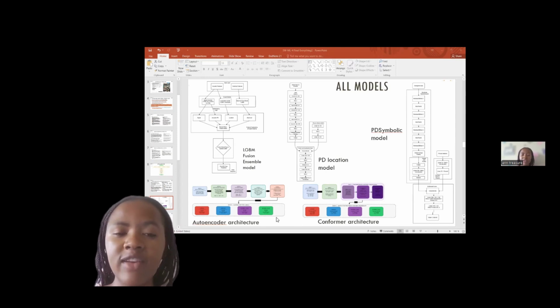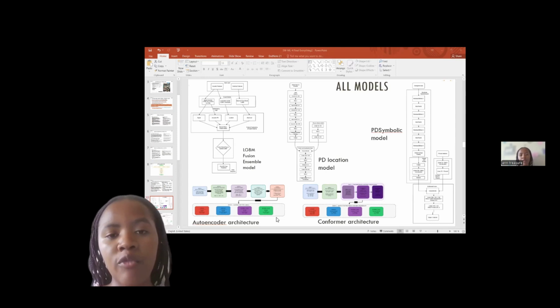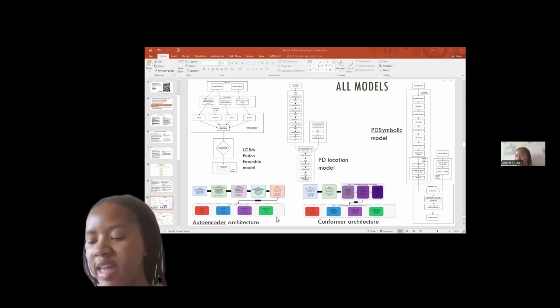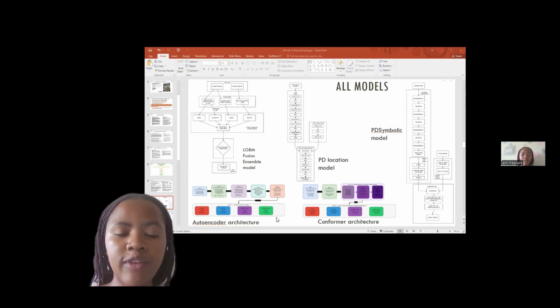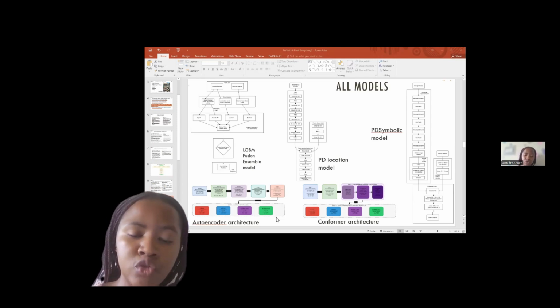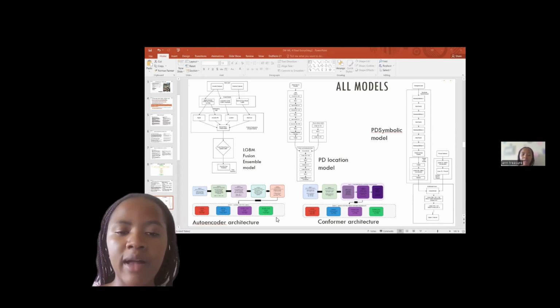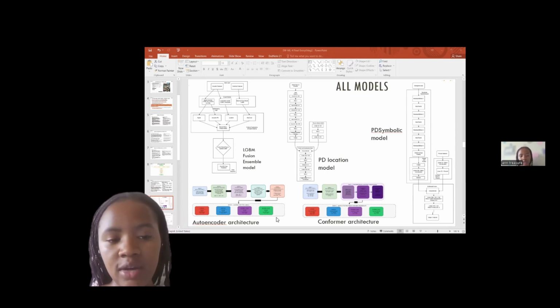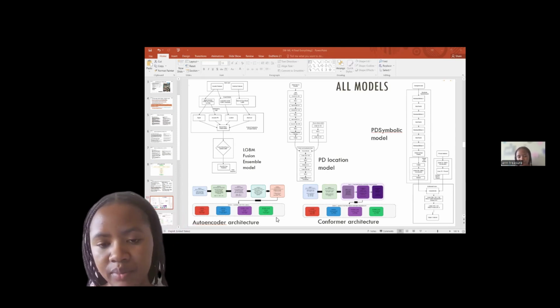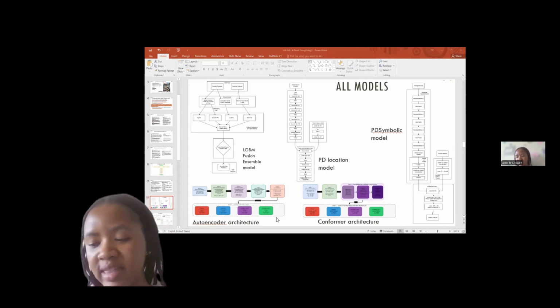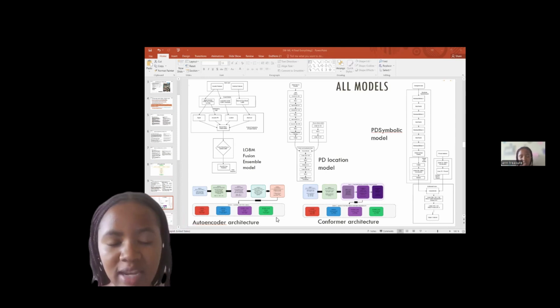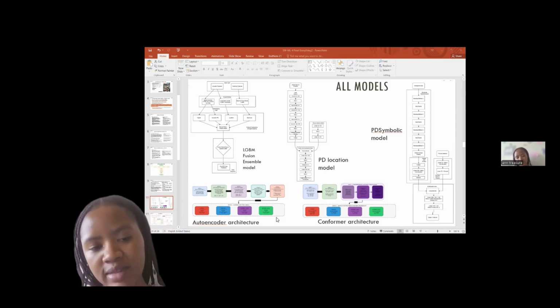It was used to identify the different clusters of the partial discharge, which was further used to produce pseudo labels that were used to classify the unlabeled partial discharge data. So with this model, mainly we used the autoencoder architecture, which was an encoder that compressed this